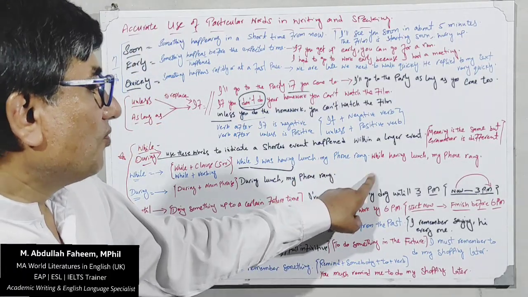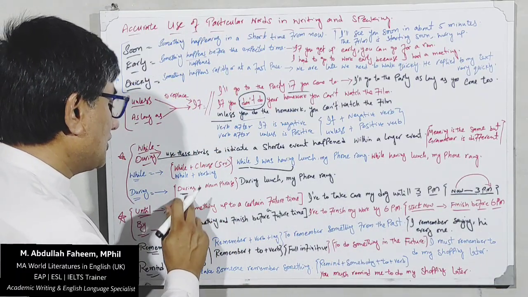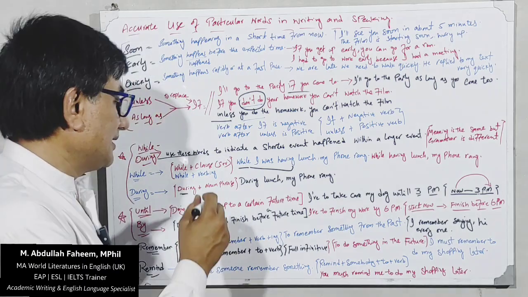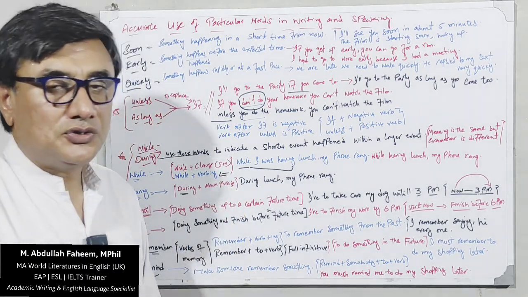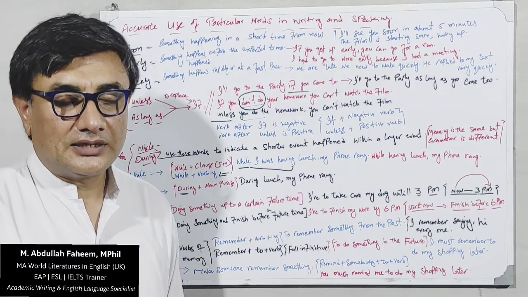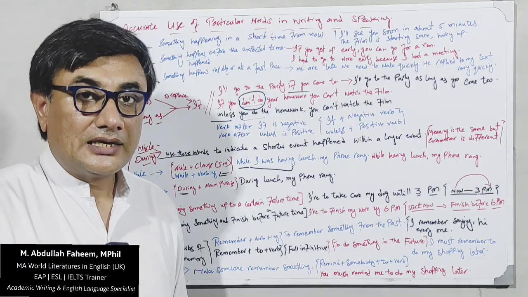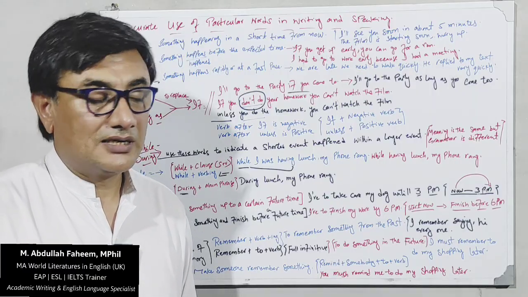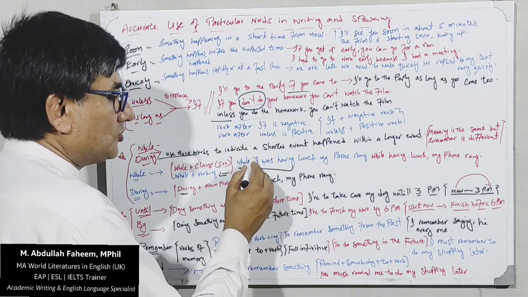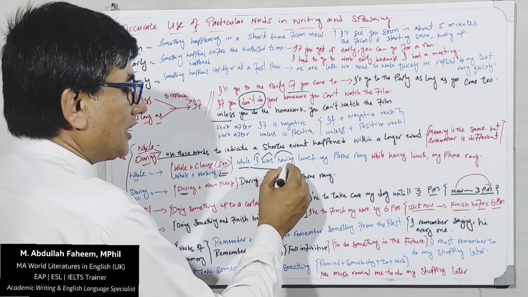Again, another example. While having lunch, my phone rang. This means this is the second form. While plus verb plus ing. In this part, you do not need to use any subject. यानी अगर आप while के बाद direct verb के साथ ing लगाते हैं और अपना सब्जेक्ट नहीं लगाते, तब भी आपका सेंटेंस ठीक है. लेकिन कंडीशन क्या है कि वर्ब के साथ आपको ing लगाना पड़ेगा. मिसाल के तौर पर लुक एट द डिफरेंस. While I was having, this is your subject, this is your helping verb, this is your main verb, and you use ing with that.